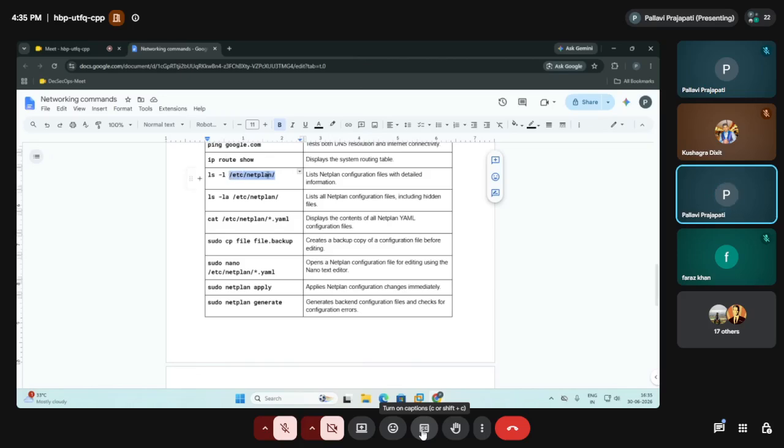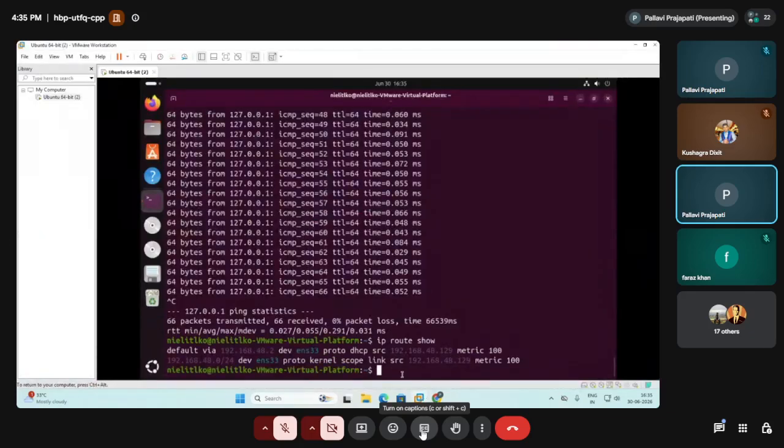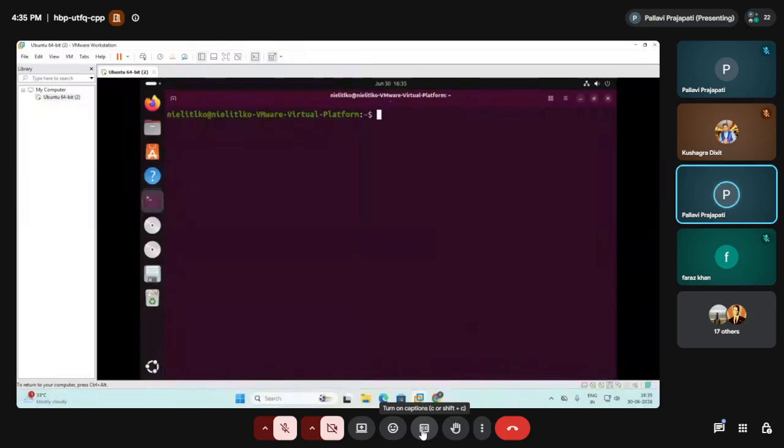This is the path where we have all the information, and it will list down each and everything. Let me clear this. After this I'll show you ls -l, and the path /etc/netplan.